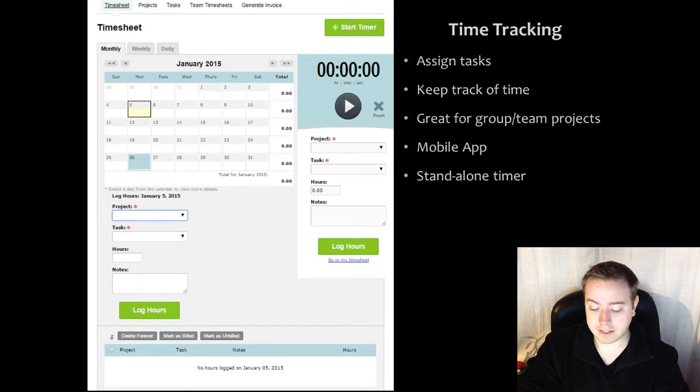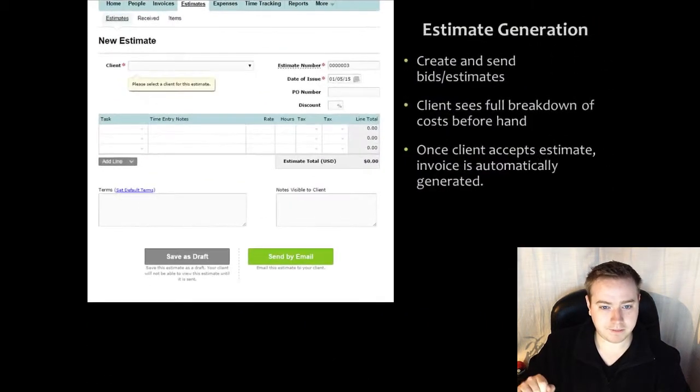Okay, so the last thing we're going to look at here is estimate generation. So this is really handy when you're applying for a job, or if you're trying to send out a bid or an estimate for a project. You can simply come in here, you create what would essentially be an invoice, but it's an estimate that the end client can then use. So like I said, you fill it out, get everything put together, your client sees exactly what they're going to be charged for, what exactly